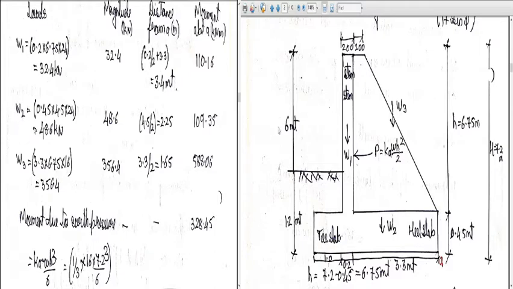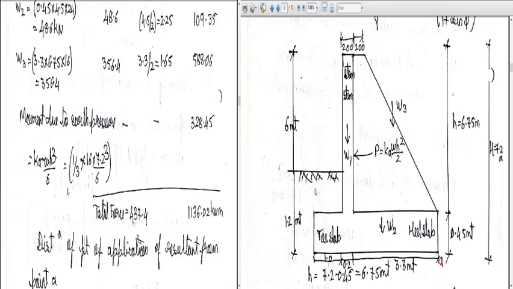W2 is the weight of the base slab. This is the force working out and this is the distance. Multiplying with it, I got the moment. Then W3 is the soil, which has been shown in the diagram. You can see over here, it is acting downwards, but here I will consider it as a rectangular portion, so 3.3 into 6.75 into density of soil, and the CG distance is this. So the moment is working out to be so much. And even the earth pressure is acting, K W h cube by 6. So this is working out to be so much. This is the total force and this is the total moment.